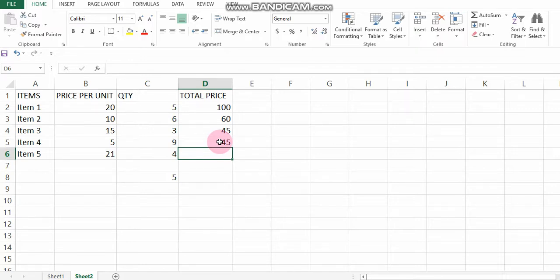As you can see, again B4 into C4 has come, and it is also coming 45. But when you copy the formula this way, it always copies the same address, it's not changing it. So you need to do dragging or copy and pasting, not Ctrl plus apostrophe. But if you need the same formula, as you are not going to change the reference, then only you can do this.